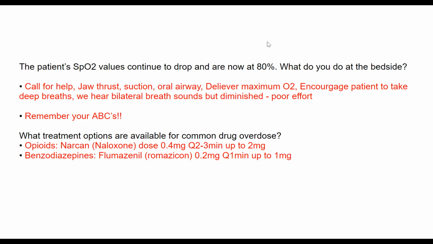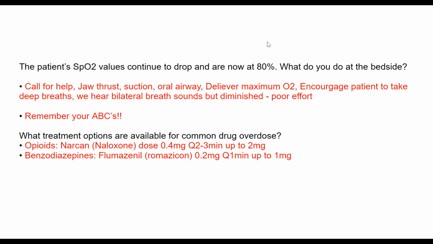Now, you don't often give that high of a dose if they're stable, but they're just really somnolent and sleeping. You don't want to take all their opioid off. You can give a smaller dose. You can dilute that 0.4 milligrams in 10 ml and get 0.04 and then titrate in a couple cc's at a time. But if it's like this case where it's an emergent situation, we need to get them breathing, you just do the whole 0.4 milligram dose.